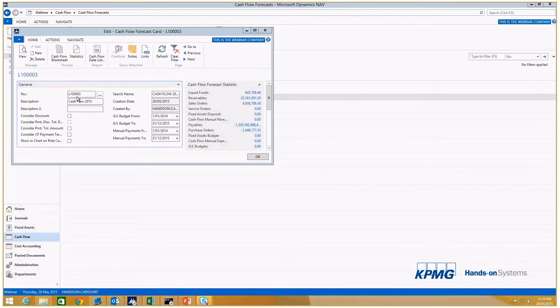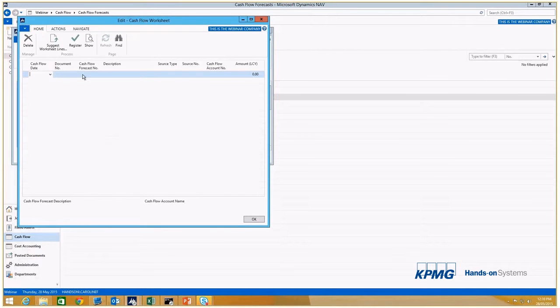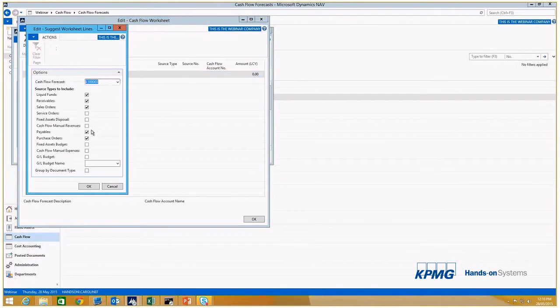Now I've got a number, a description. They're very simple to set up. I have my GL budget that I've got the range from, and I've got my date range for my payments that I want to include. So what I do is I click on my cash flow worksheet. Now at the moment it's blank because I haven't added any worksheet lines, but I can get NAV to suggest them. So I click on the suggest worksheet lines, and it comes up with this request page